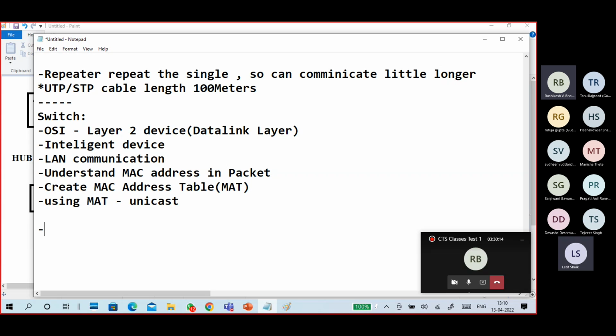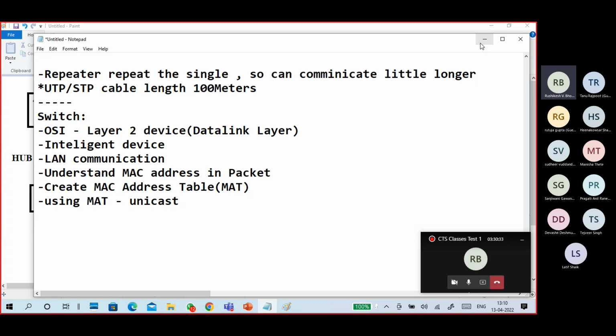The last one: you can use it for small, medium, and big LAN networks. The big also we are able to use, meaning a number of switches, a number of ports.